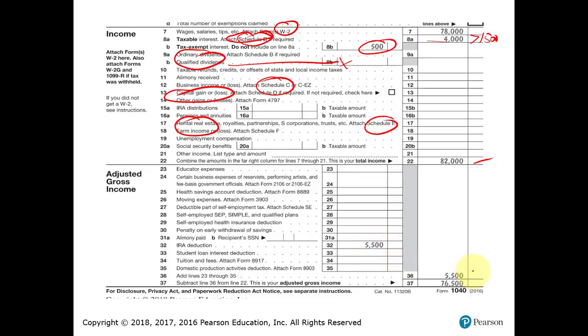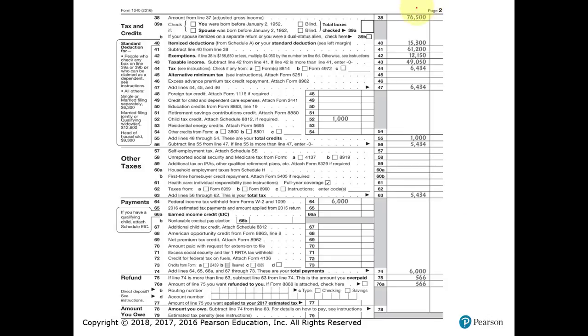So here's the adjustment being subtracted out to get to our adjusted gross income that on more complex returns may have an effect on the income being reported up here and deductions reported here. The lower the adjusted gross income, the better for tax purposes for other amounts being reported on the tax return. So as much as possible, we try to reduce this number. That's carried over to the top of the next page, page 2 of the 1040,